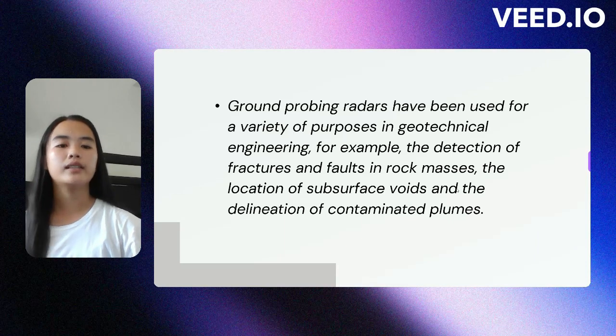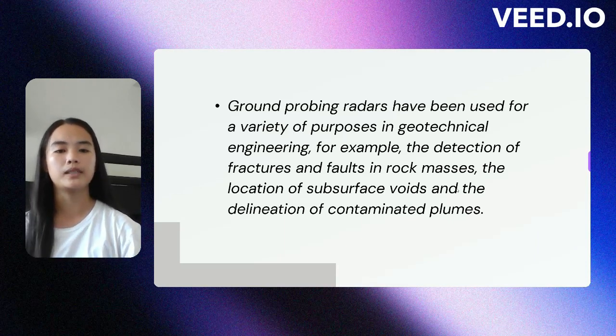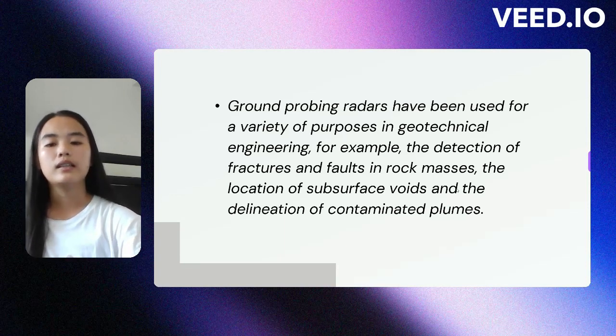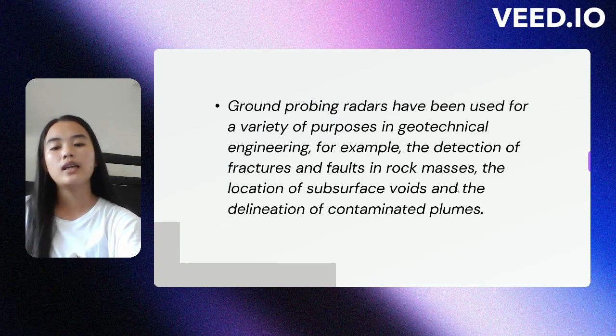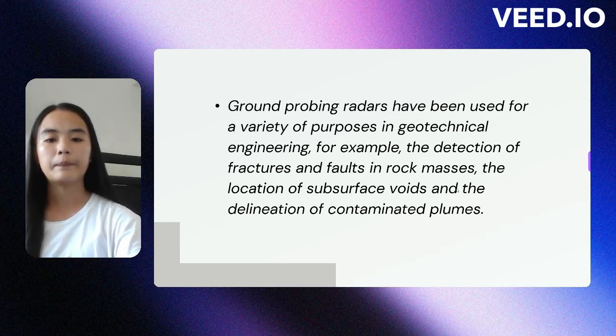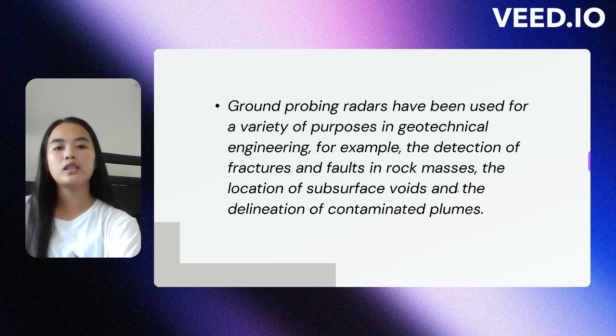Ground probing radars have been used for a variety of purposes in geotechnical engineering, for example, the detection of fractures and faults in rock masses, the location of subsurface voids, and the delineation of contaminated zones. That's the end of my presentation where I discussed three methods of seismic and